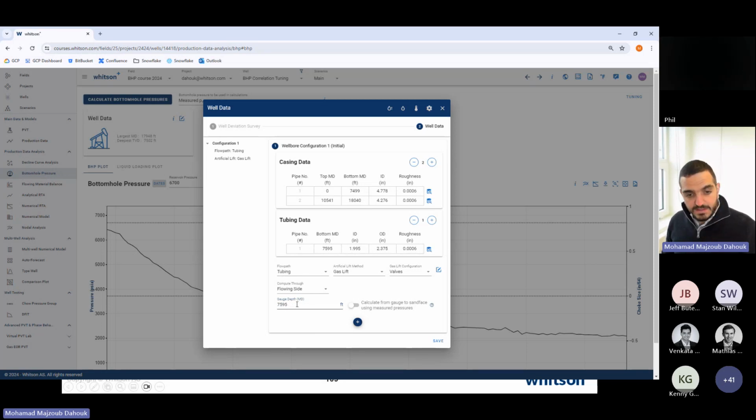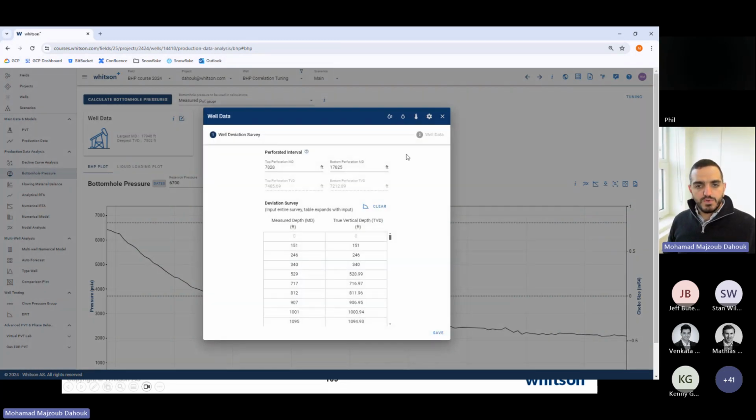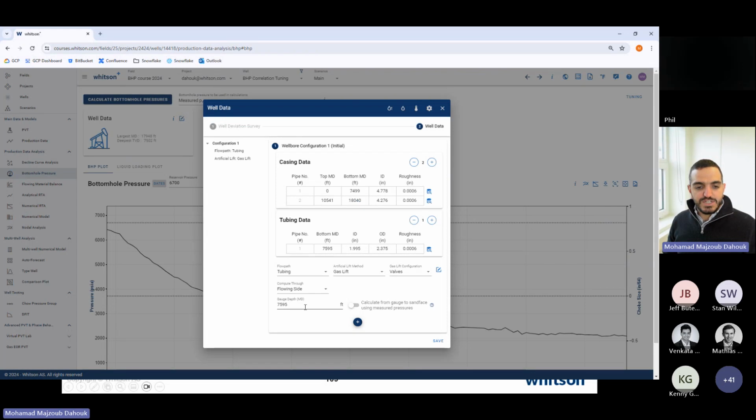If you don't provide it, it actually assumes that that's the case, just so you know, when you're doing the tuning. So you're not in trouble, but it's good practice to remember to provide the depth of the gauge because that's an important parameter in the tuning. So we're going to do that and save. As I said, we go to the well data and provide the gauge depth 7595,